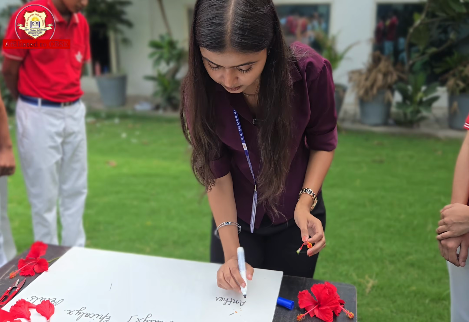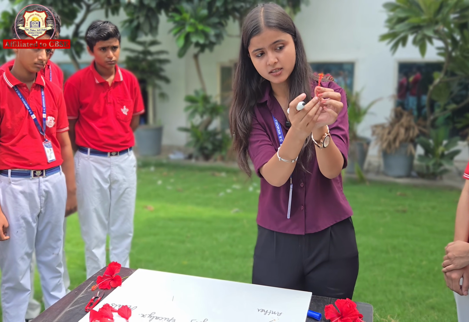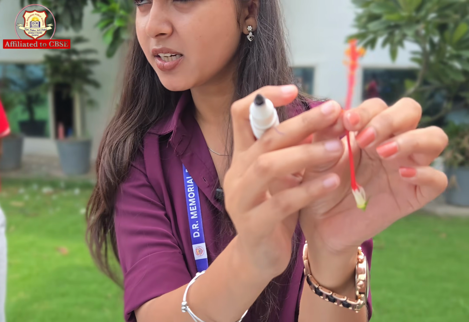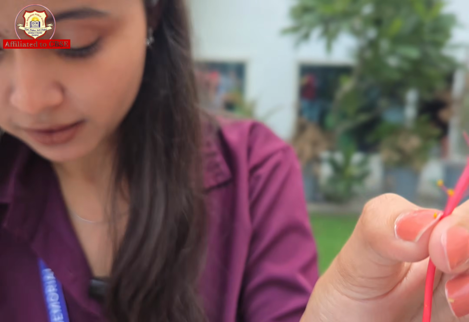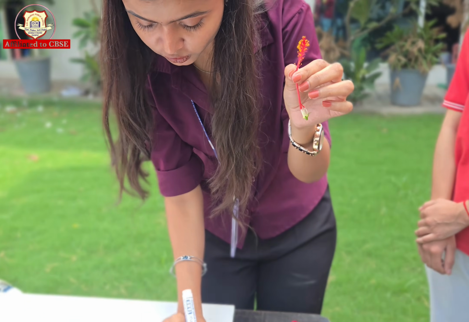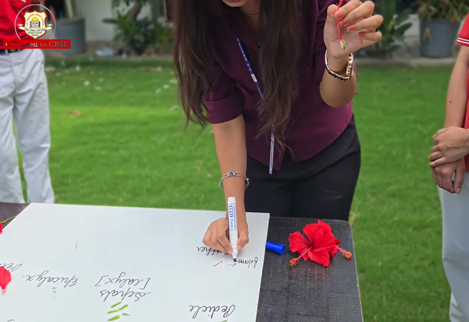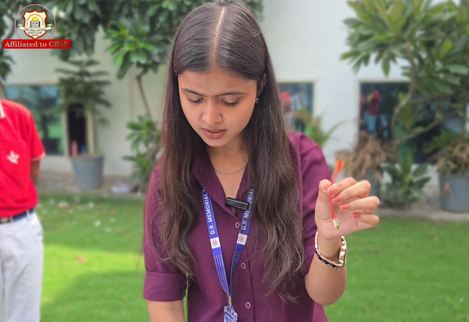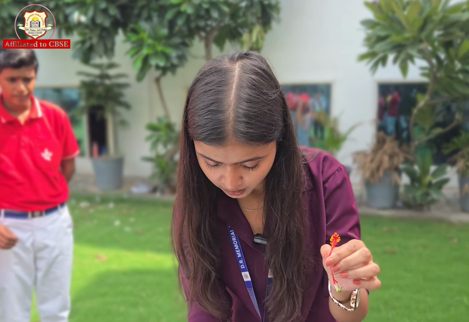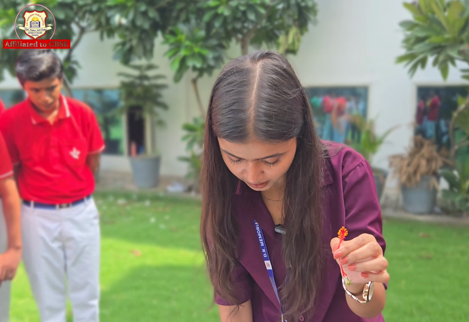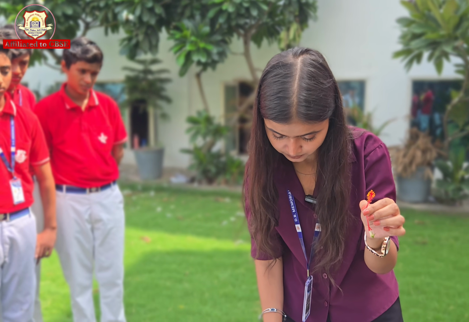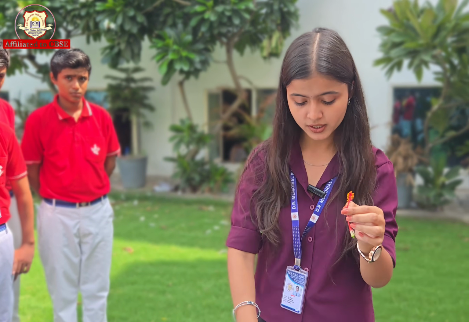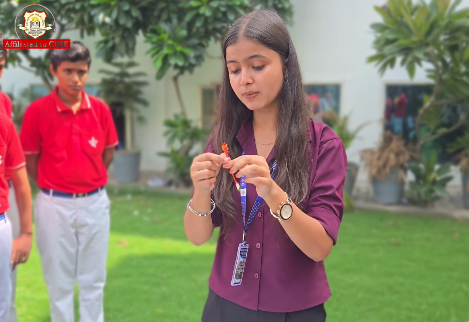Yellow part is anther and the stalk-like structure that connects the anther to this part is the filament. Anther and filament. So in the male reproductive part, two parts are present, anther and filament. इन दोनों को मिला के क्या बोला जाता है? Stamen. Okay. Now it's time for the female reproductive part.